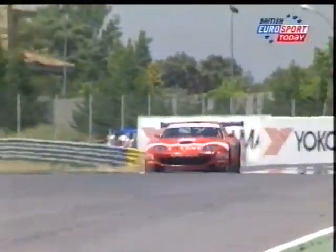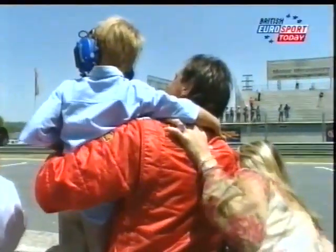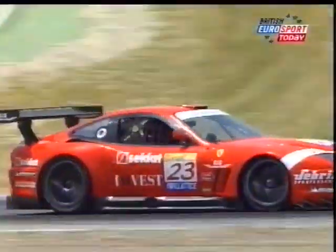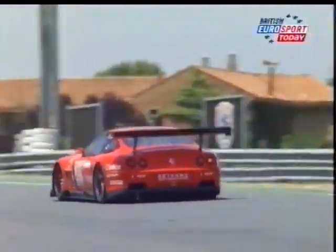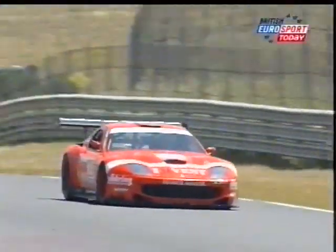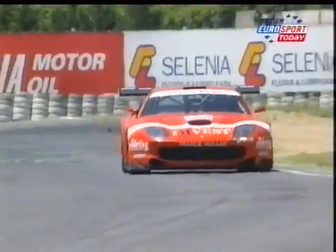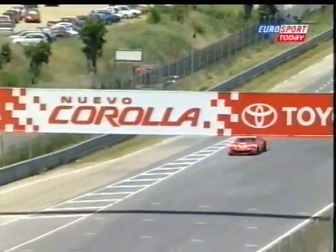But the closing stages of the race, the very last lap of the race, will be demanding times as we see Jean-Denis Delatraz and his, what I assume must be his young son, on the pit wall waiting for Andrea Piccini and the Ferrari. The battle for second place, Pedro Garcia versus Christian Pescatore in the NGT category. We won't get to see it. Tunnel turn, last corner, out onto the front straight comes Andrea Piccini, and it is victory for the BMS Scuderia